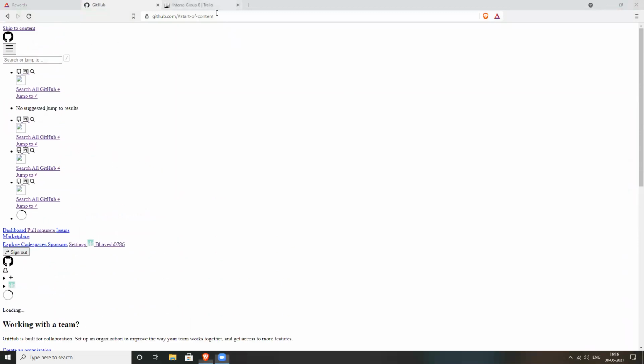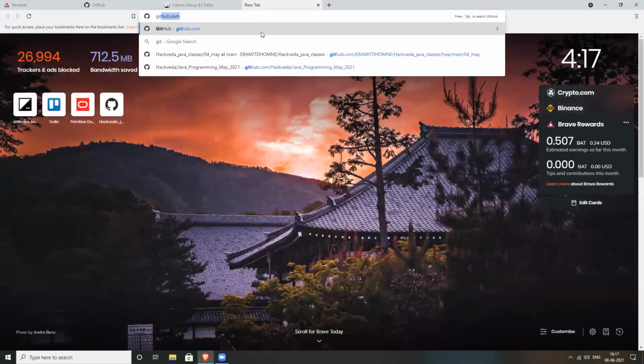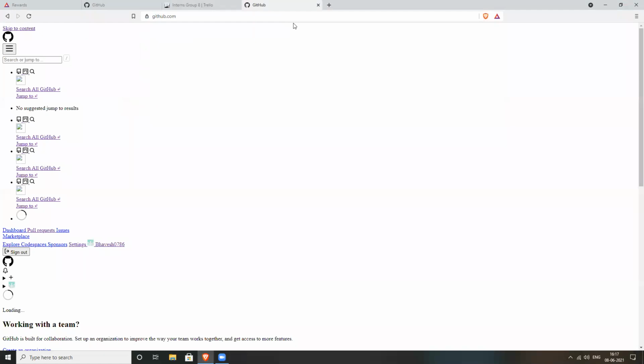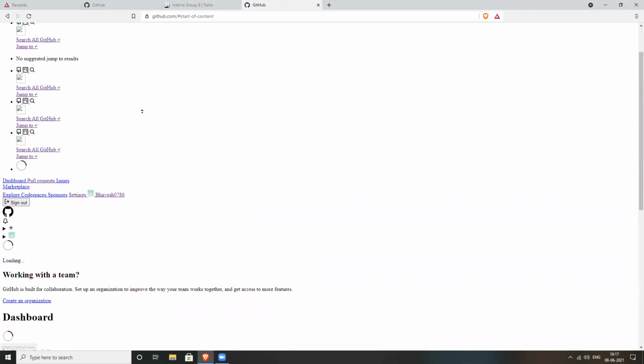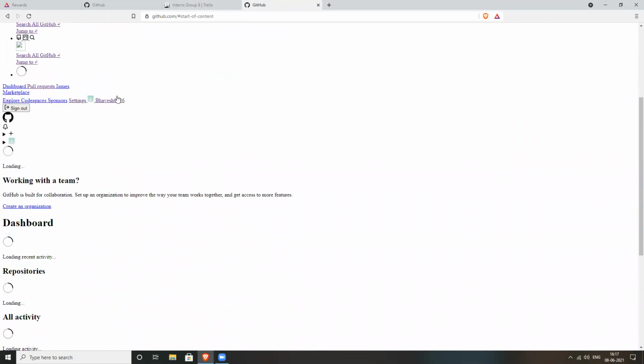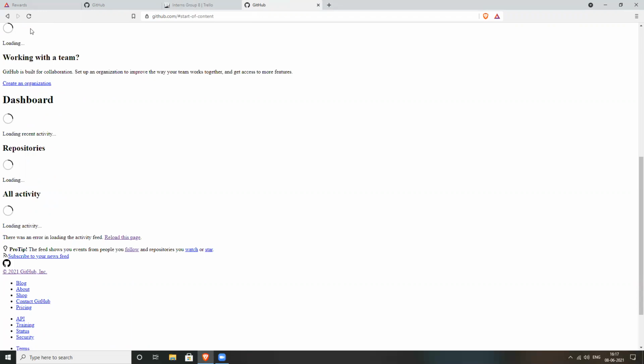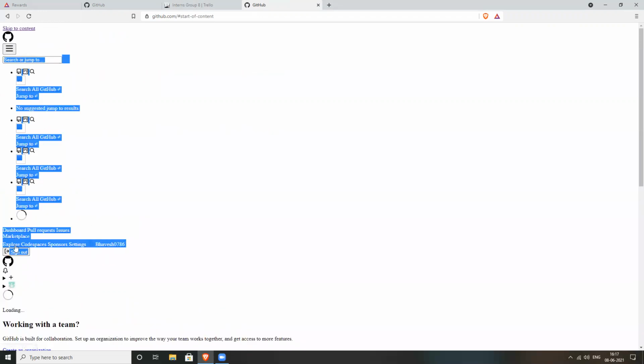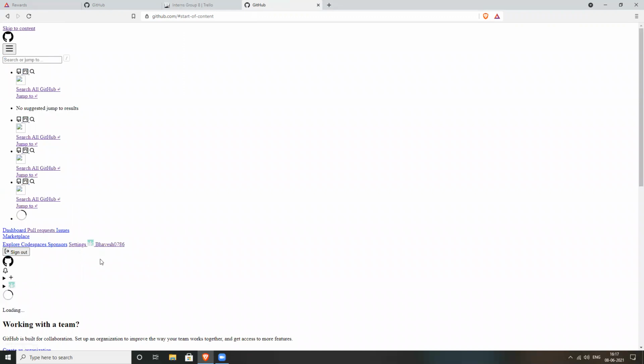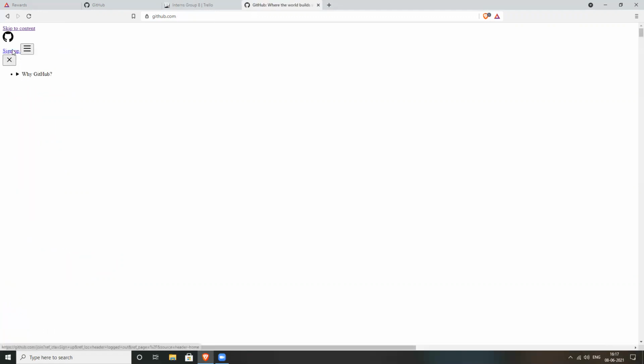Okay, you go to the tab. Just type GitHub there. What's coming like this? Click on that icon, the Git icon. Yeah, this one. You click on skip to content. It only skips this part. You click on this sign out. This is sign out, right? Yeah, click there. Okay. Now again you do it.